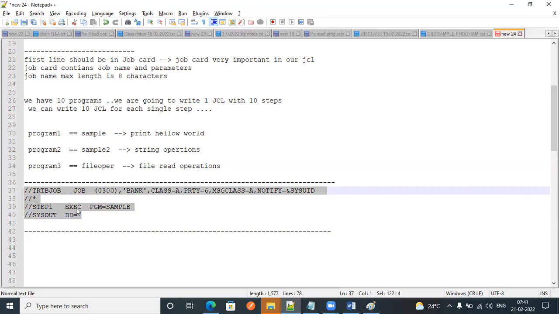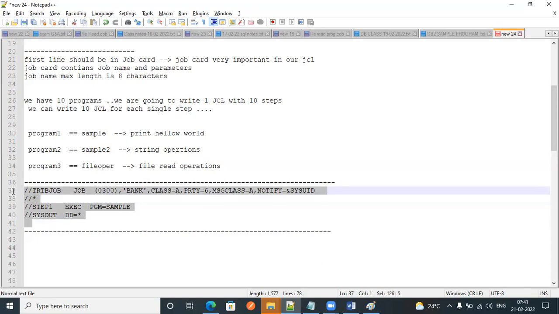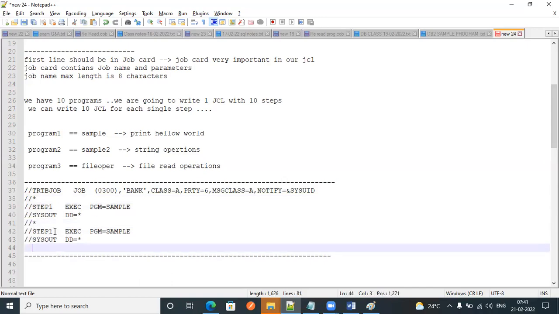The same way I want to execute the second program too. So instead of preparing another JCL, we can just copy paste these lines. The step name should always be unique. You can keep 2, 3, 5, 7, anything.